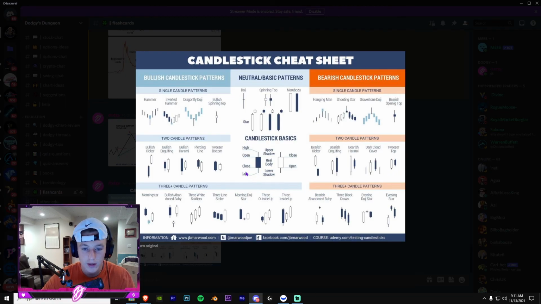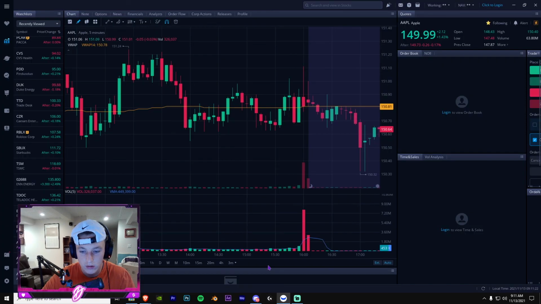And the last one I'd recommend you using is the bullish engulfing and bearish engulfing. And this is a bullish engulfing. And basically what this means is a green candle overtakes a red candle. So if we go to